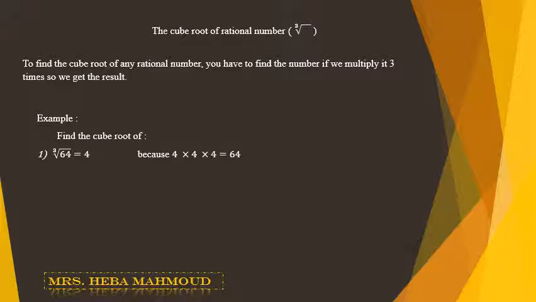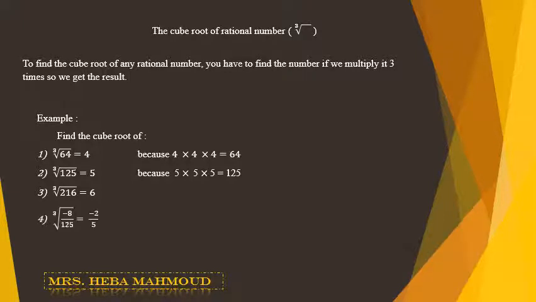Use two buttons, shift and the square root button. Example 2, the cube root of 125 will be 5, because 5 times 5 times 5 will be 125. Or if we use shift and the square root button and write 125, we'll get 5. Now example 3, the cube root of 216 will be 6, and the cube root of negative 8 over 125,